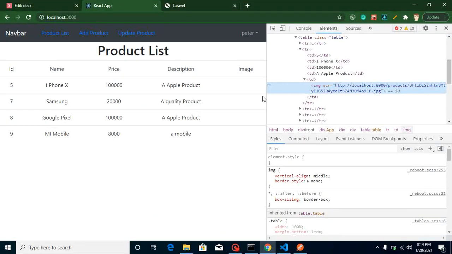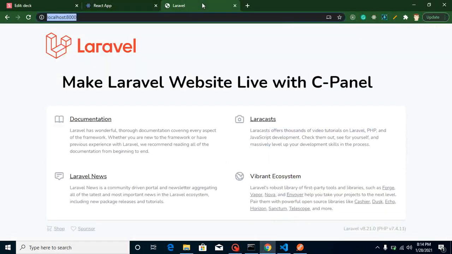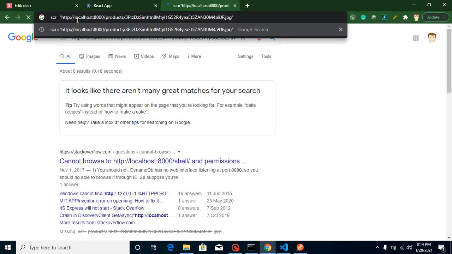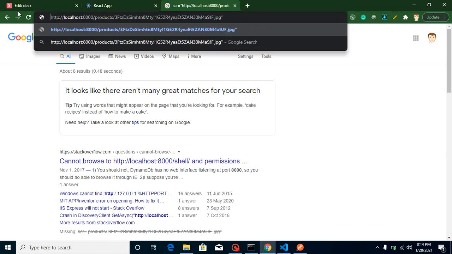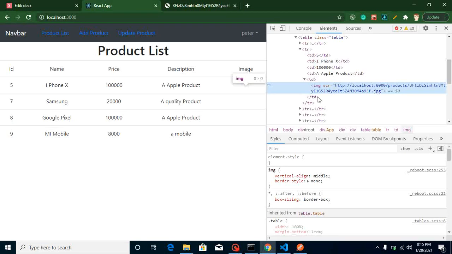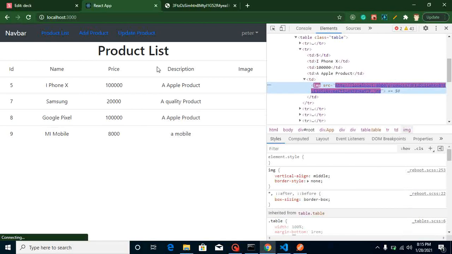And let me just check whether this image is working fine or not. This is working fine, but actually I just found that issue, sorry for that. I must use here src.